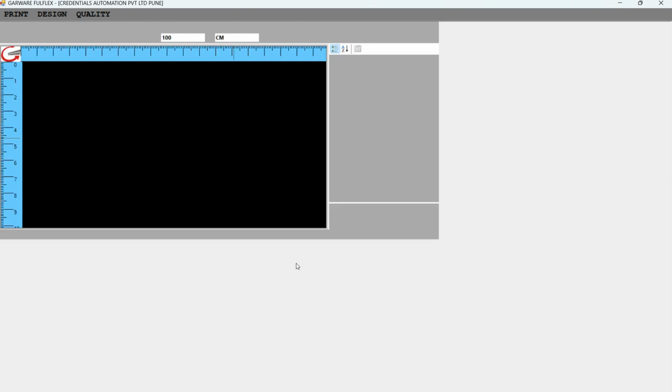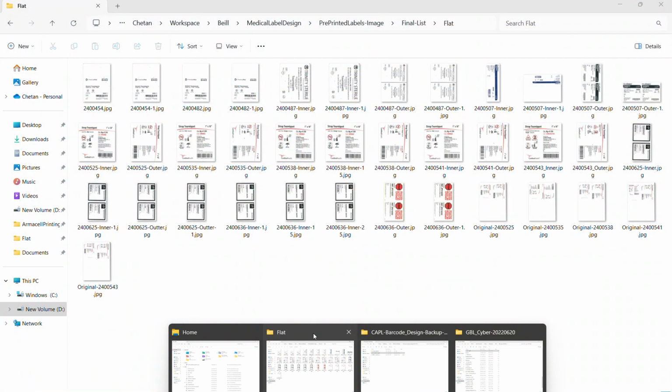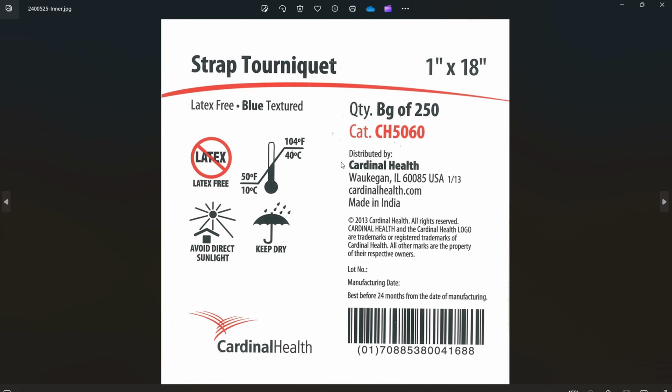So first we will see how the label is designed. At medical we are having so many labels available. So we have taken the scan copy of the labels. Suppose this is the label for item code 2400525. So this is the actual label on which here we are going to print the lot number, and here